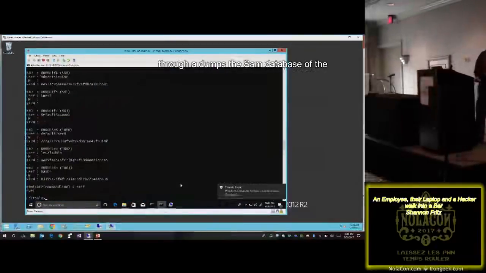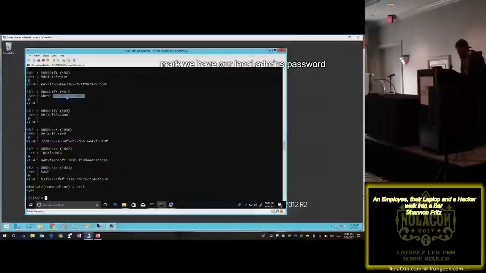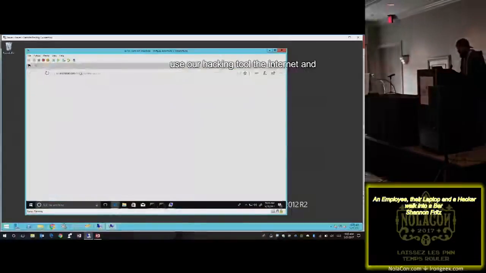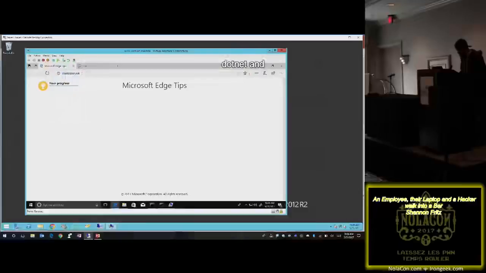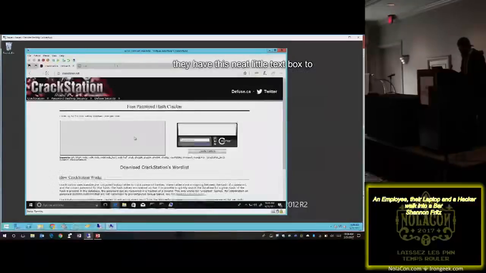So now that'll go through. It dumps the SAM database of the local admin account, and in here, if we go ahead and copy it, right? We can go edit and mark. We have our local admin's password hash. We can copy that. Then we're going to use our hacking tool, the internet, and we're going to go to crackstation.net, and then they have this neat little text box to paste it into, and we're going to type in this I'm a human challenge,